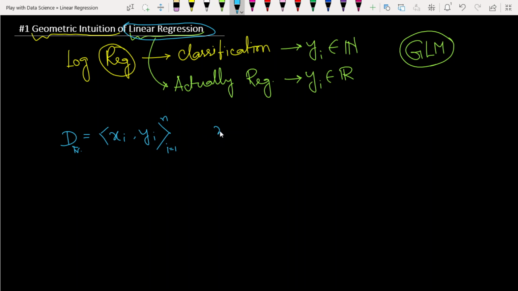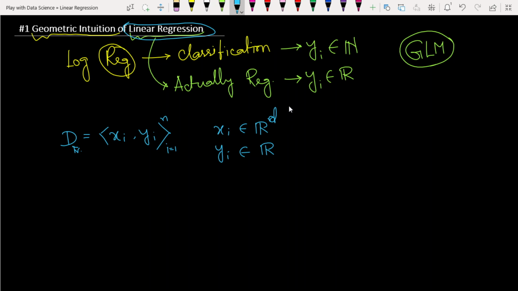And xi is a d-dimensional point, which means we have d features and n data points. So without any confusion, let's take the number of features of our data set as d, so xi belongs to R^d, and yi belongs to R,